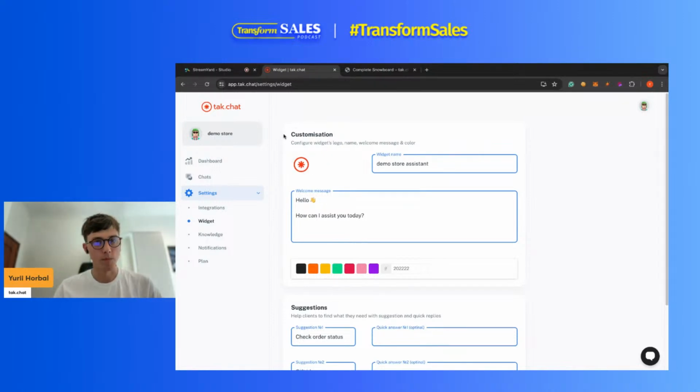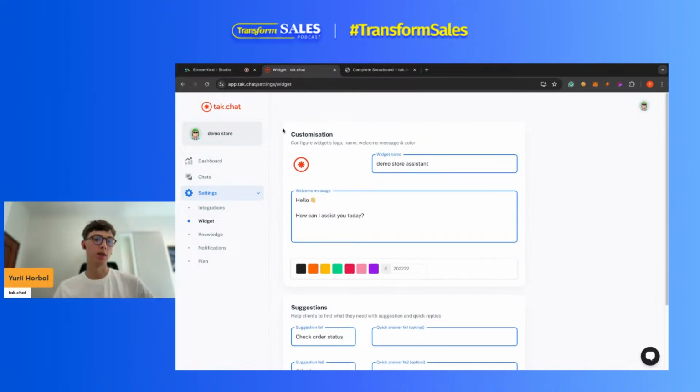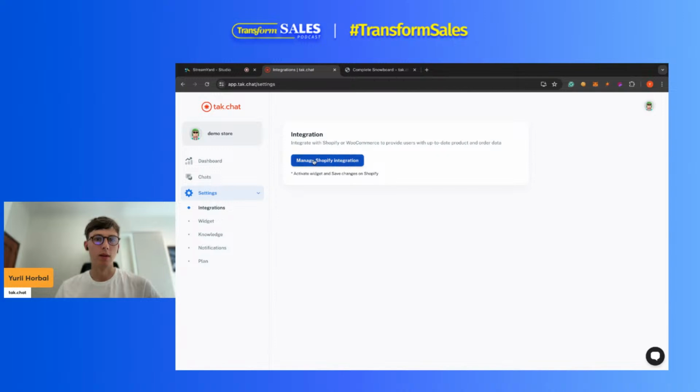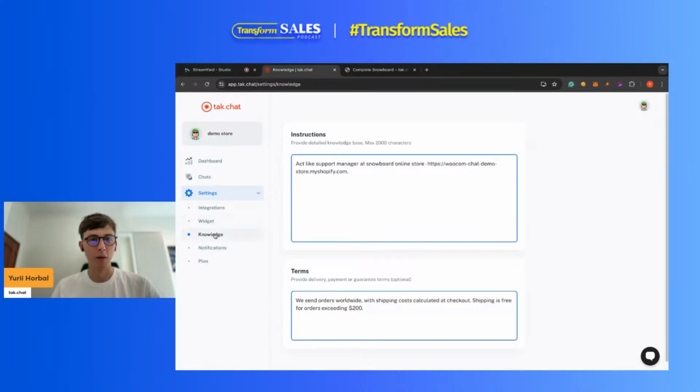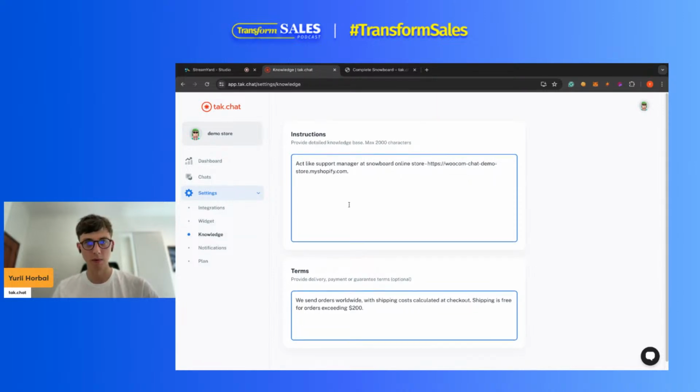it has a variety of functions that can be used anywhere. Actually, I thought that it's mainly for Shopify and WooCommerce, but we can use it for any website, even without e-commerce stuff. You can integrate it just like a script on any website. And if we go to another tab, knowledge, you can add custom instructions and terms of use. For example, I just put a simple instruction in here,